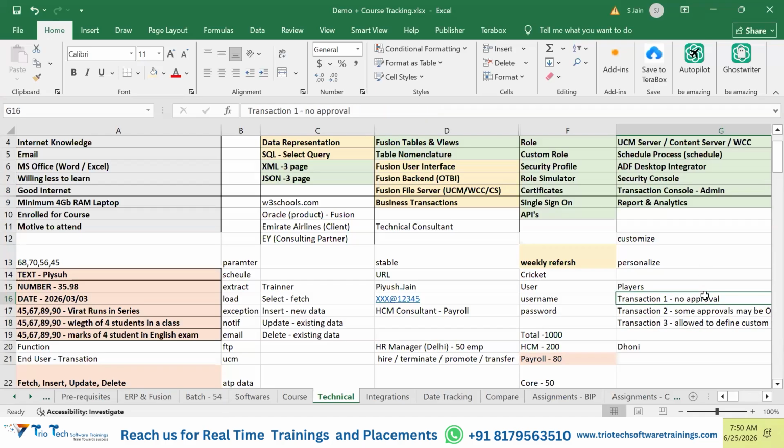Suppose changing the salary of an employee does not require any approval. But your company says that if the change of salary is performed by the line manager, it must be approved by the HR. In case the change of salary is performed by the HR, then it's okay. If there is no approval, then also it is okay. That is a business scenario. Every company may have different business rules, right?